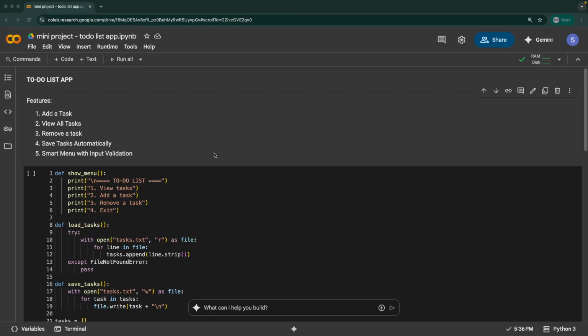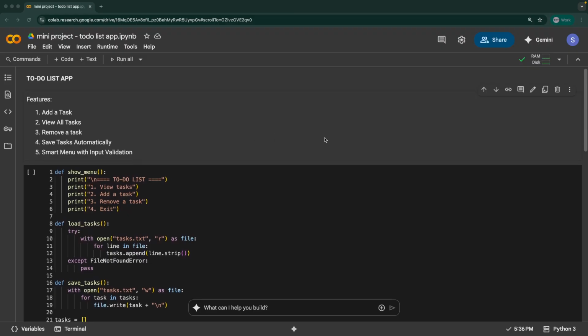Okay. And how all these things work is, a list called tasks stores all the current tasks. When you run the app, it first tries to load the tasks from a file that we have saved. You interact with this using a text menu that would list all these different options. That is also handled by a while loop, and your input is validated with several if, elif, and else conditions. And whenever you exit, the tasks are saved back to the file. So we use functions to keep things modular and organized. So basically, we are using all the things that we have learned so far.